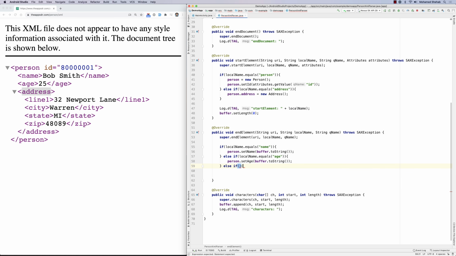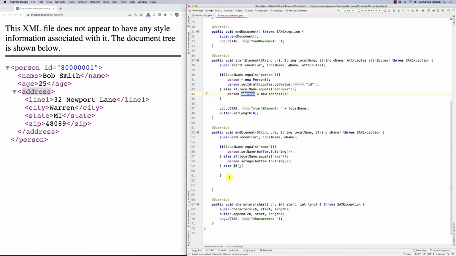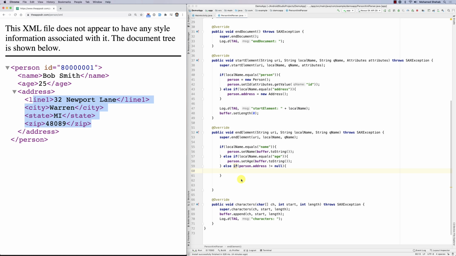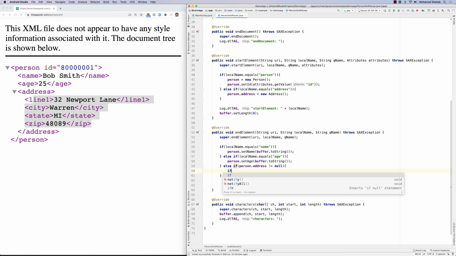And what I could do is, because I know that the address gets created only when an address tag is met and this address is null otherwise, I could check to see if the person.address is not equal to null. This means that you have created the address object and you are here in this section, right? So what I could do is I could say if, now I could put the other one now here, if I can do it like this inside it, if it's line 1,